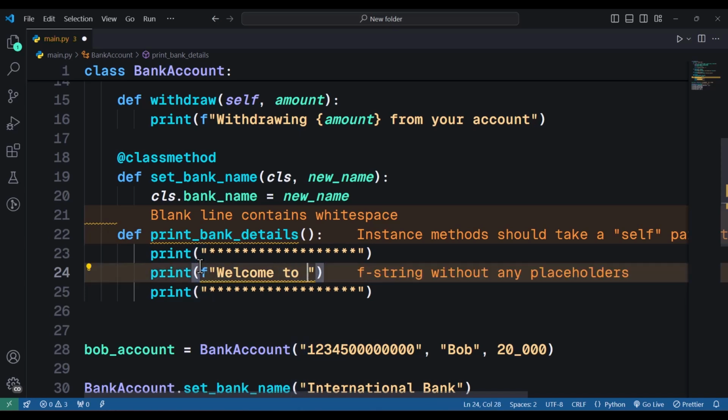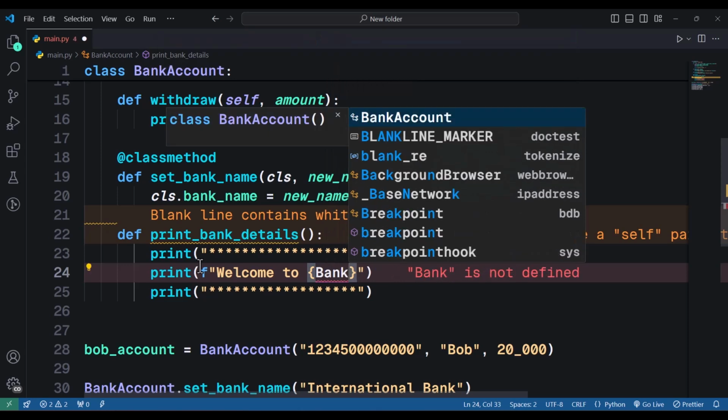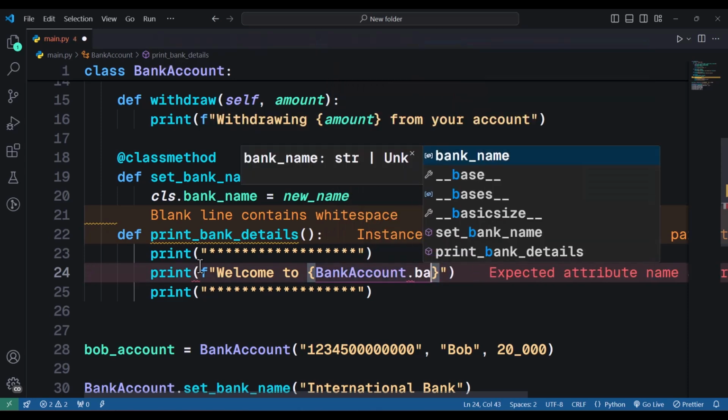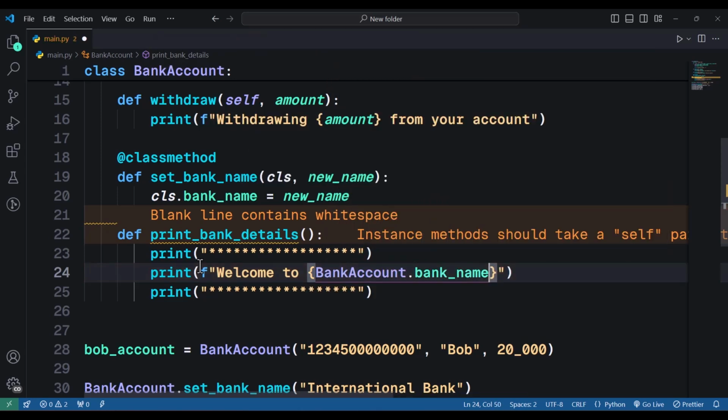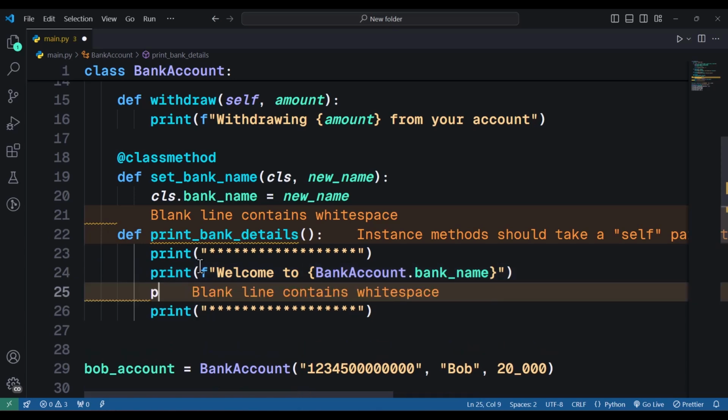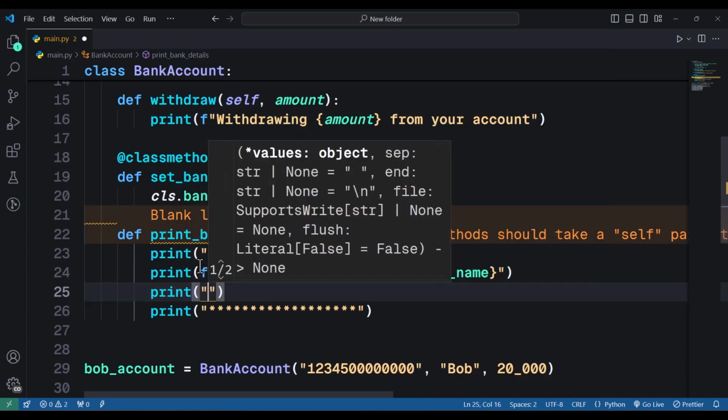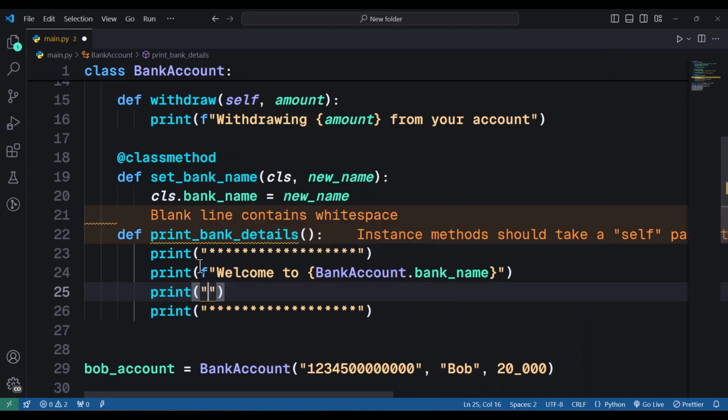An f-string like this. Then I can say bank account dot what? Bank name, like this. I can do it like this, and then maybe put some print statements here. Go ahead and put some description or something there like that. Okay, let me just put something like "best bank in the world" like this,